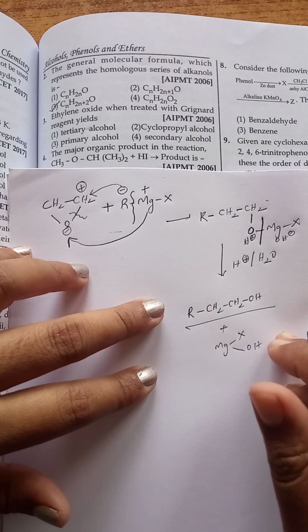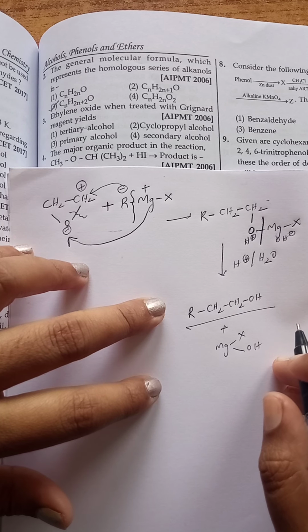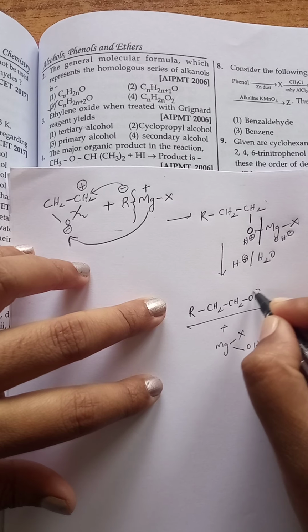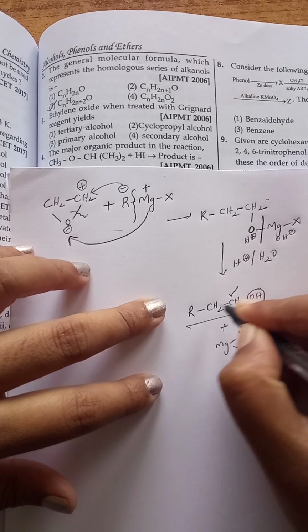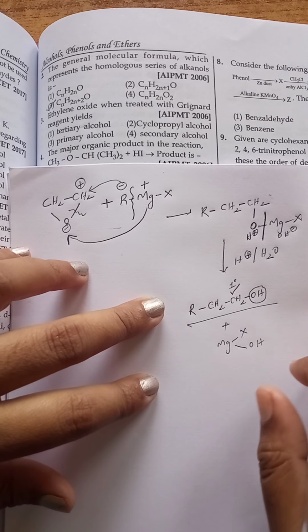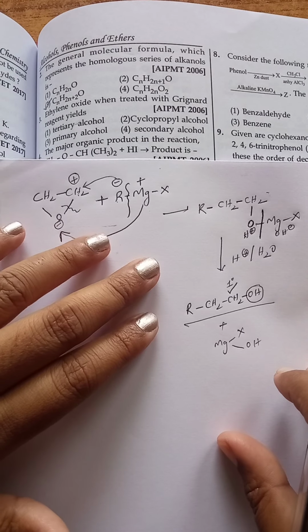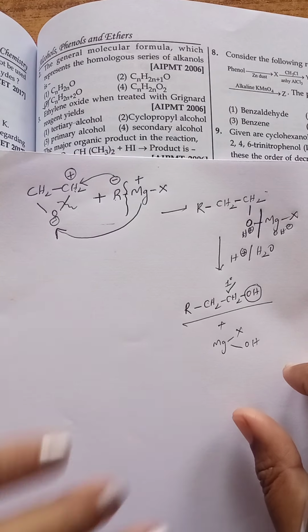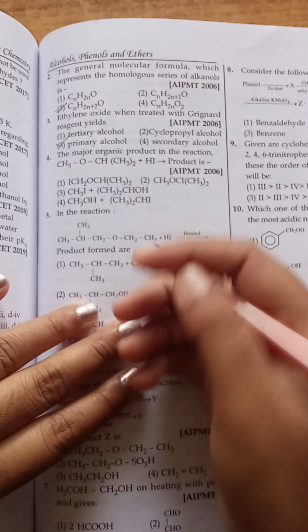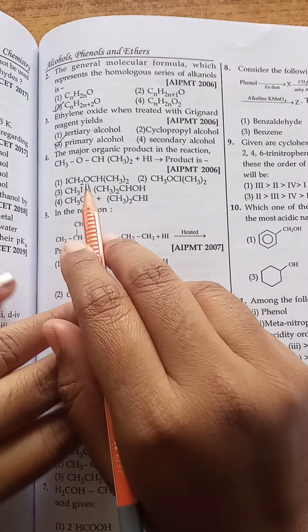Now this is what the alcohol we want. This is which type of alcohol? How can you say it is a type of alcohol? Depends upon the OH group attached to the carbon atom. Now OH containing carbon is in turn attached with only one another carbon, so we can say it is a primary. Okay, so then when epoxide reacts with Grignard reagent followed by the hydrolysis can give a primary alcohol. So the answer is the third one, primary alcohol. Now see the next question.